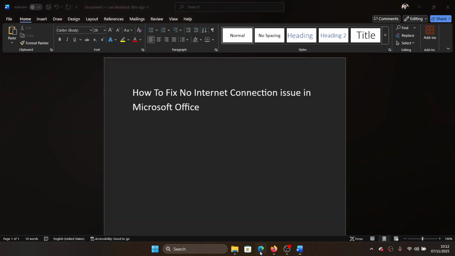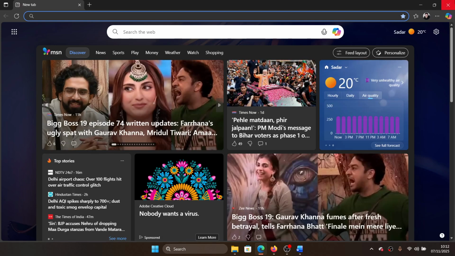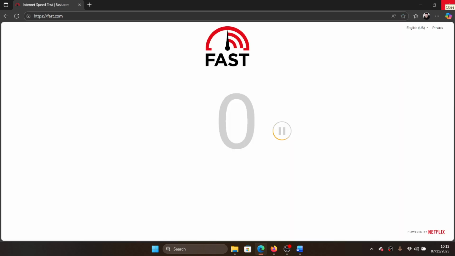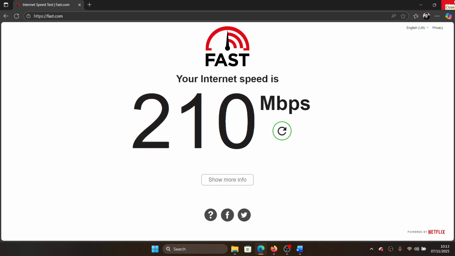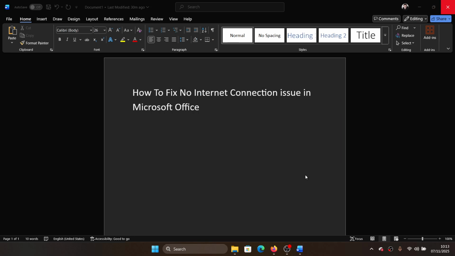Now, before anything else, go to fast.com and check the internet connection speed. Is it good enough? Okay. If it is, then it is sorted. But if it is not good enough, then you will have to troubleshoot the internet connection speed first. Once it is sorted out that the internet connection is working fine, and if you still face this issue, then